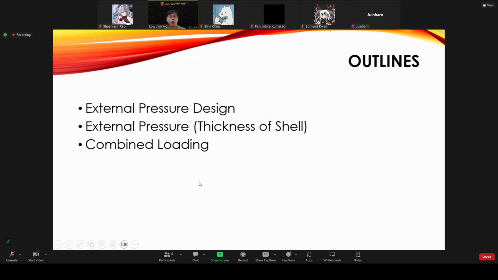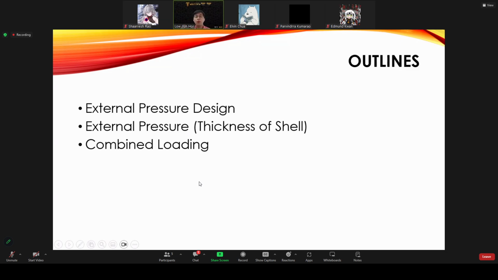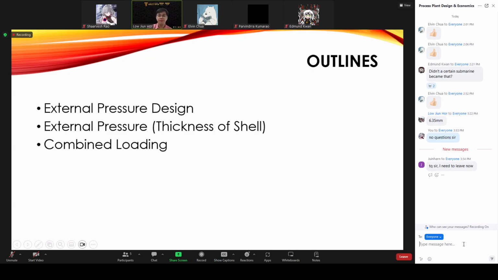But I will explain more on how to apply the equations to solve the question, to check the stability of the pressure vessel or tower, by using the question that we are going to discuss in our tomorrow tutorial session. For combined loading, at least you know what equations we are going to use. Okay, so far any question? Okay, if no question